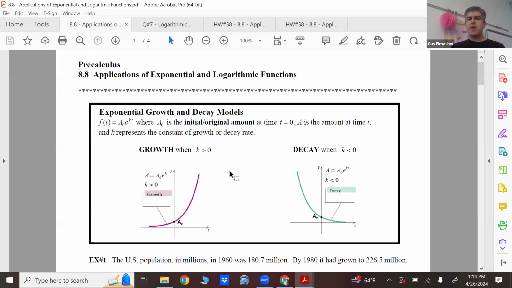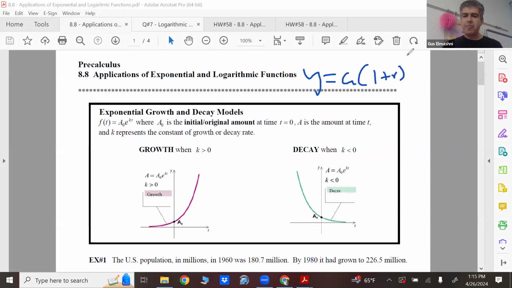Let's talk about growth and decay models for exponents. So typically that formula f of t equals a sub 0 times e raised to the kt power will be used for exponential growth and decay models. Now you might remember something like this from algebra 2,